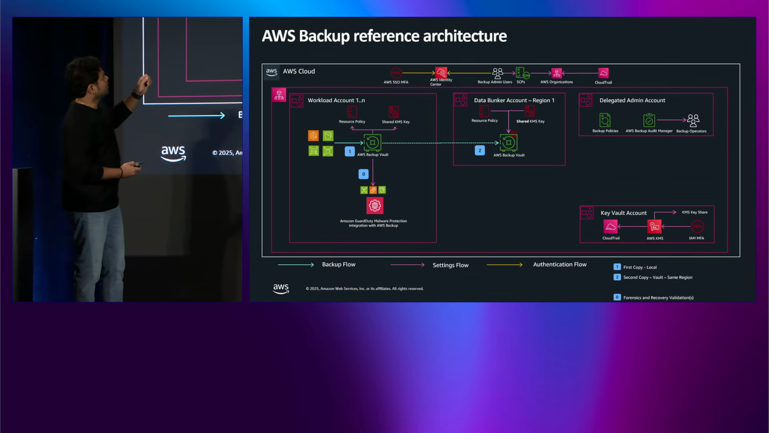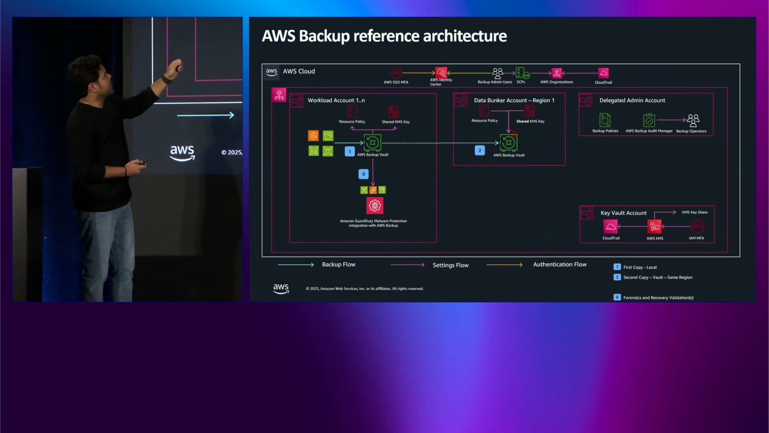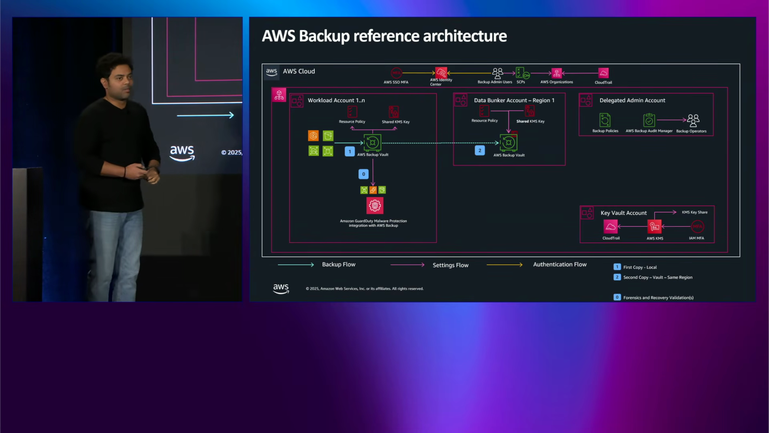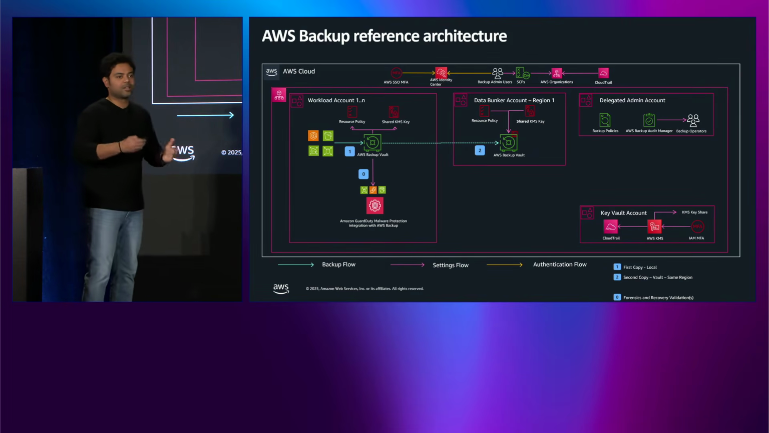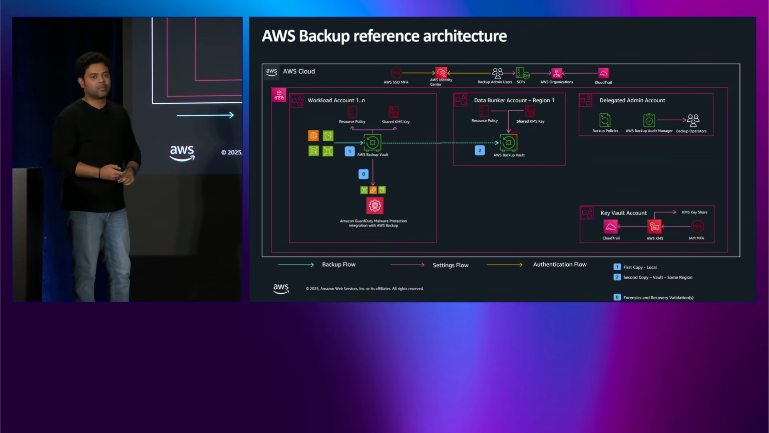And the way you would get into those data bunker accounts is through break glass mechanisms. So essentially, the intention of having that account in this architecture is whenever your primary account is compromised or if it is taken over, you would want to have another set of backup that's running in a different account, and that different account is going to be the data bunker account in this scenario,